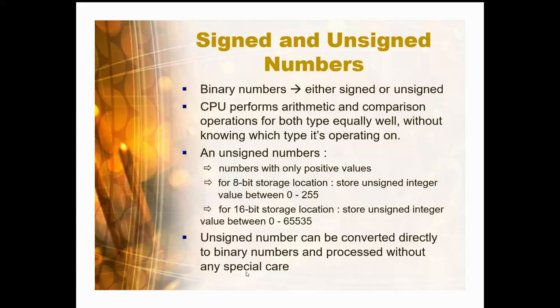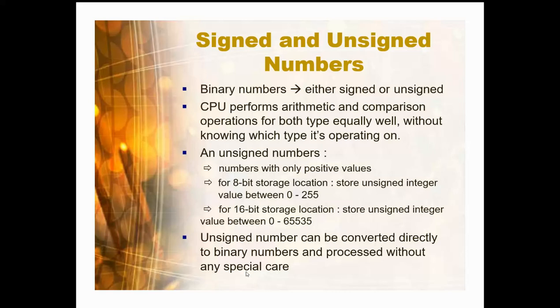So now we go to the next one, which is the signed and unsigned numbers. Okay, so previously, you only learned the numbers, either the binary or octal or hexadecimals, and the decimals number. Of course, obviously you tahu lah. So basically kalau kita nak tahu, bila numbers tu, they have numbers that is used as signed and unsigned numbers. In the computer, CPU will perform the arithmetic and compare the operations for both by type equally well. Okay, macam mana dia nak bezakan sama ada nombor tu ialah nombor biasa